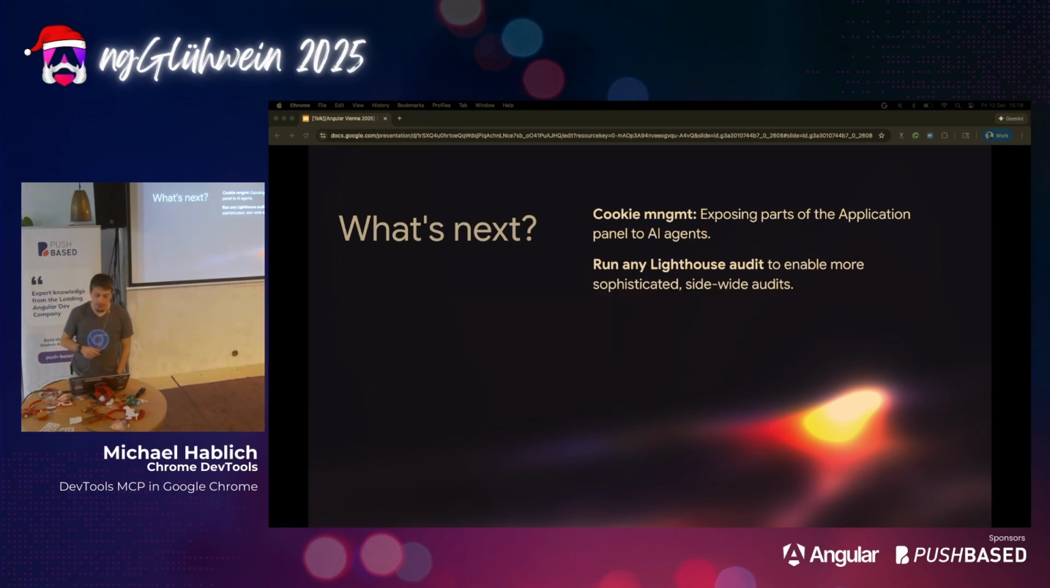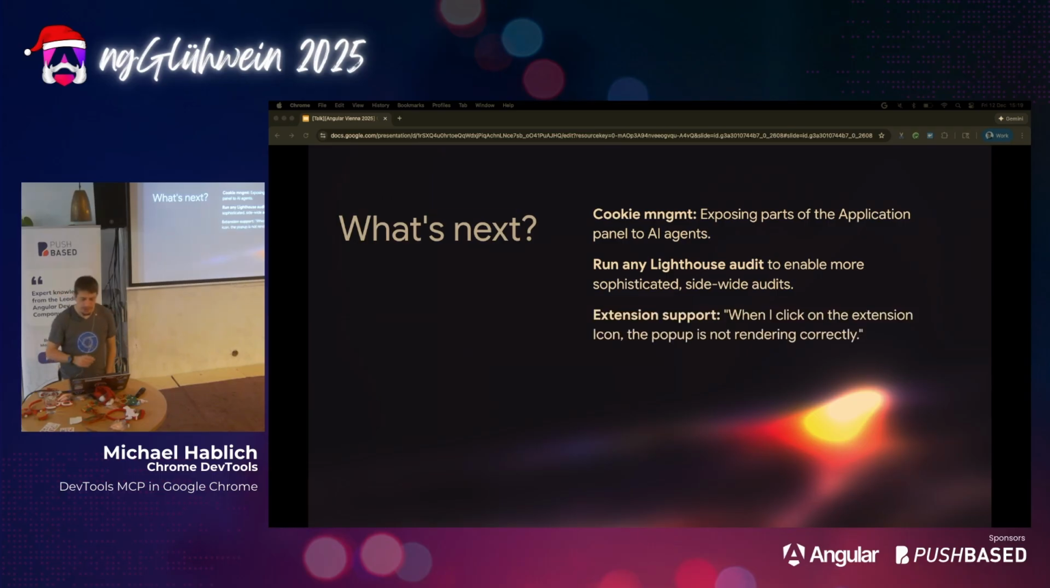Then the next one is, I mentioned Cyber Agent and also showed you the issues, but we want to give coding agents more capability to actually do more powerful audits. So they will also be able to run full Lighthouse audits over MCP. So you can make even more crazy stuff with that, right? And third,